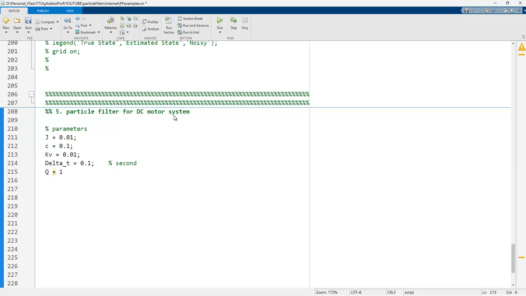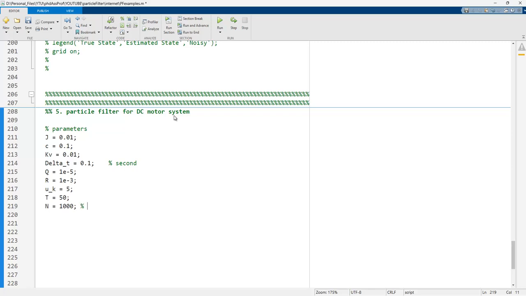Q is 1e-5, R is 1e-3, and UK is 5, for example a 5 PWM rate. T is 50, and N, as always, is